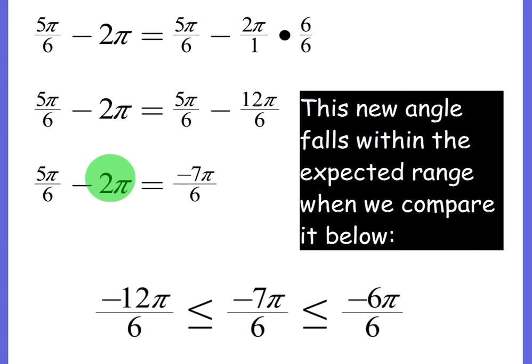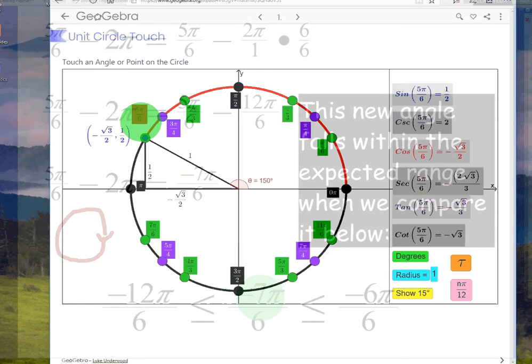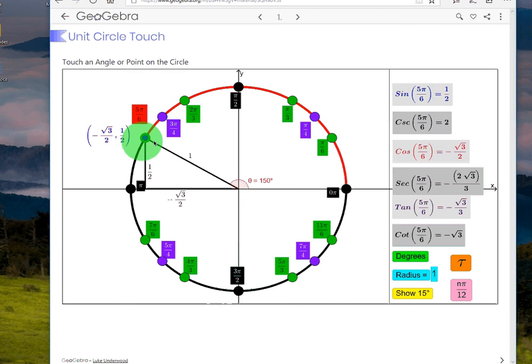Subtracting 2 pi is the same as going 360 degrees clockwise. You end up at the same point you started with. So because 5 pi over 6 is the same as negative 7 pi over 6, that means the y values are the same. Namely, the y value at negative 7 pi over 6 would be the same as at 5 pi over 6, 1/2, because they're the same angle. Here's what negative 7 pi over 6 would look like as an angle. Let's go just like that. That would be negative 7 pi over 6, same as 5 pi over 6